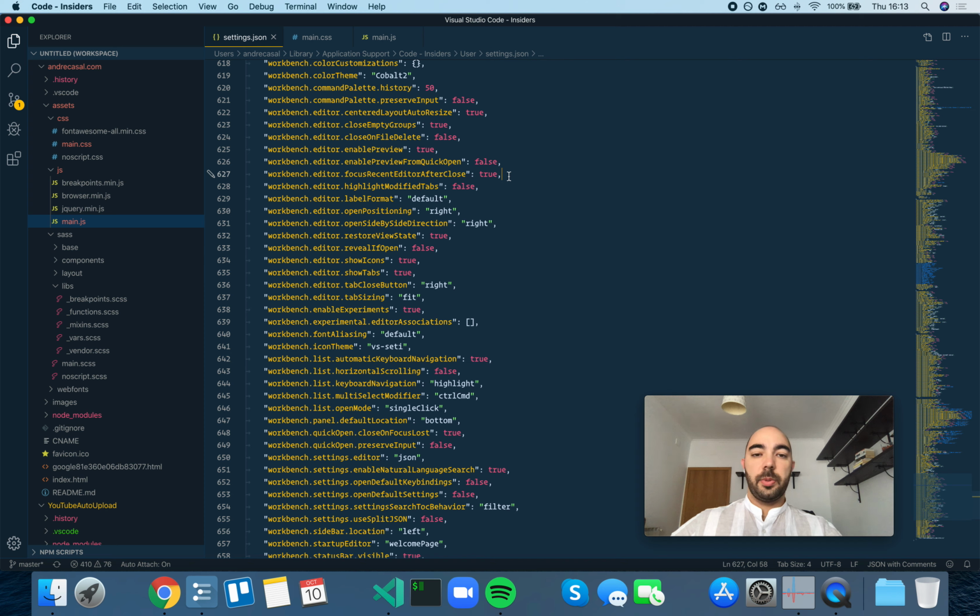Okay, so Workbench Editor, focus recent editor after close. Controls whether tabs are closed in most recently used order or from left to right. So let me show you what this looks like. This is set to true, and that means that when we close an editor, we will switch to the